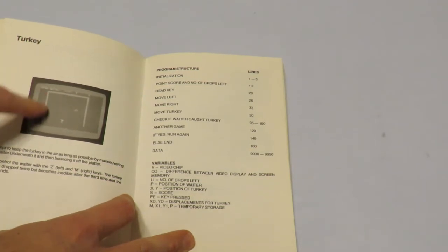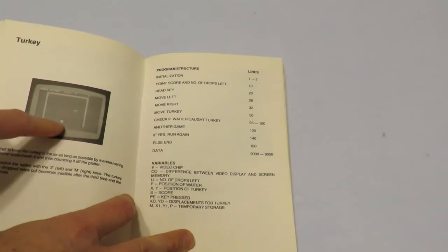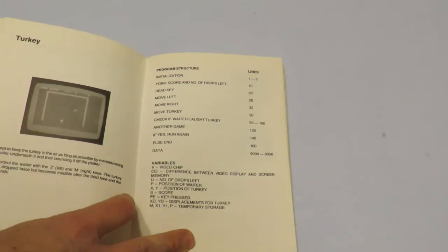It's called Turkey, and you basically have a spread at the bottom, spread at the top, and the point is you just have to make sure the sprite doesn't fall down to the bottom, or the turkey. This book taught me quite a bit about the Commodore 64, not because it teaches anything, because when you're typing